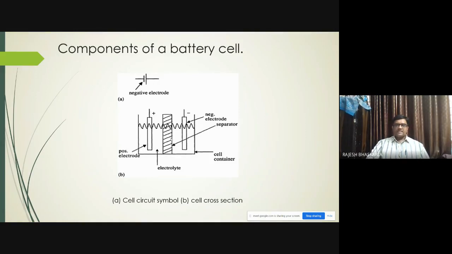And electrolyte generally may be an alkaline or an acidic material. For each battery it is different. For lead acid battery, it is acid, H2SO4. For alkaline, it will be hydroxides. But whatever you have to remember here is the negative electrode releases the electrons and a positive electrode accepts the electrons. And internally the electrolyte provides the path for ionization or transfer of electrons from plus to minus.